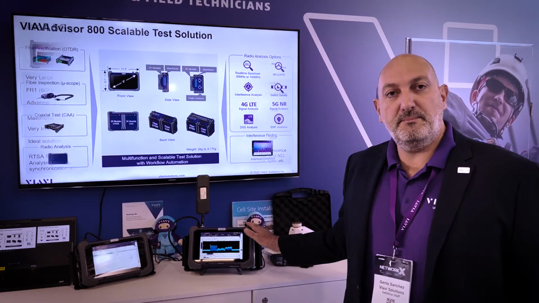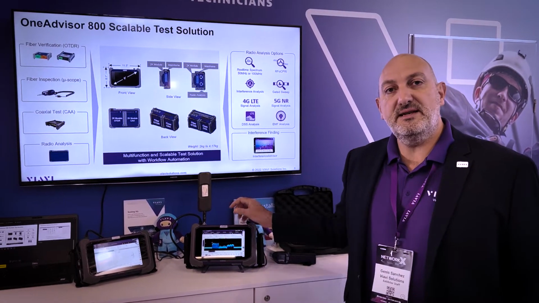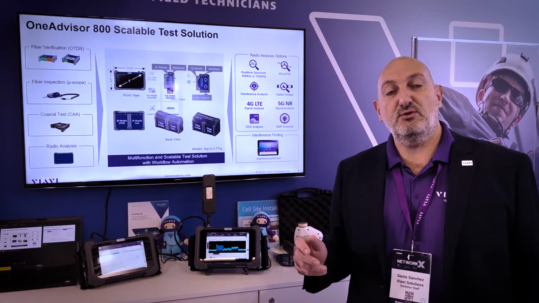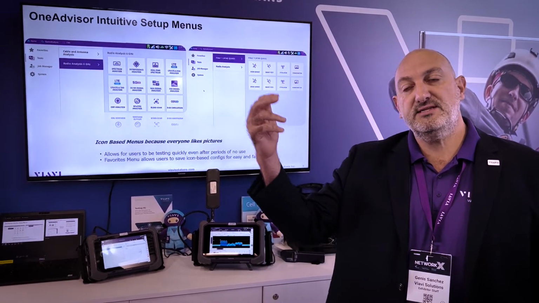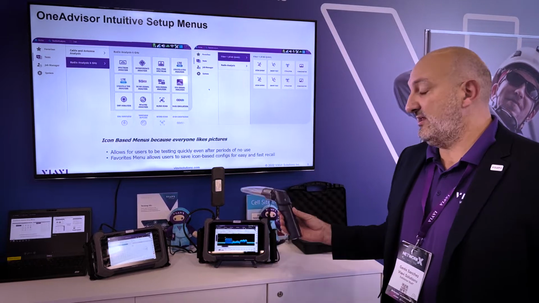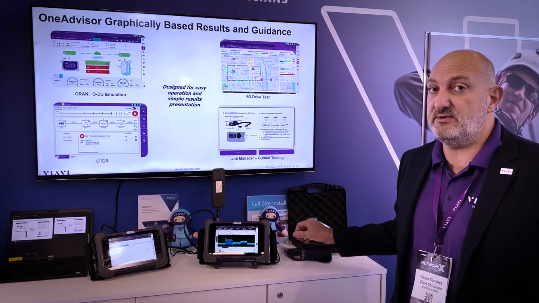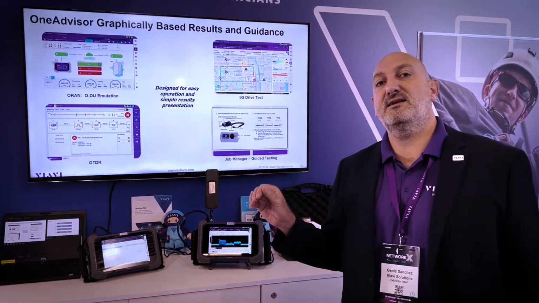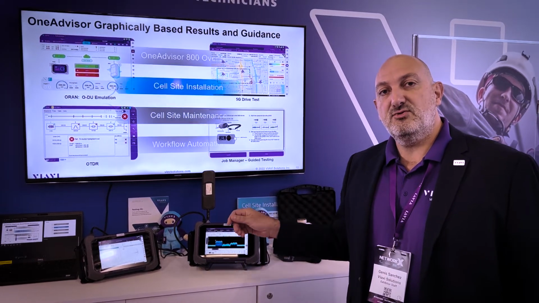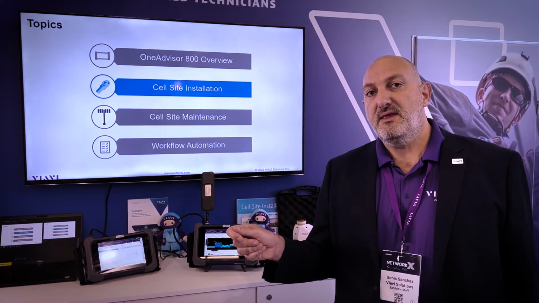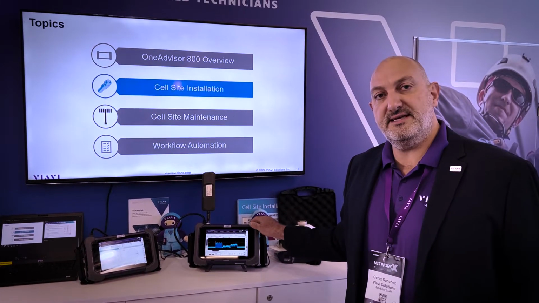When it comes to PIM detection specifically, the tool also offers the ability to attach to, for example, the fiber that comes between the baseband modules and the radio units, and you also can do additional testing on the fiber side, using fiber inspection to make sure that those fibers are clean, by the way. Always inspect and clean your fibers in any cell site. And once you have connected the unit to that CPRI link over the fiber, the antennas of the base station become the antennas of the test set.